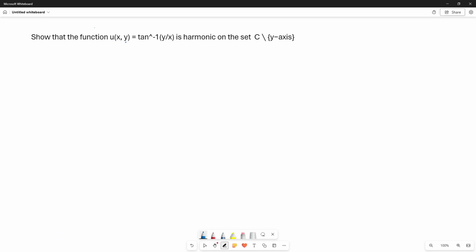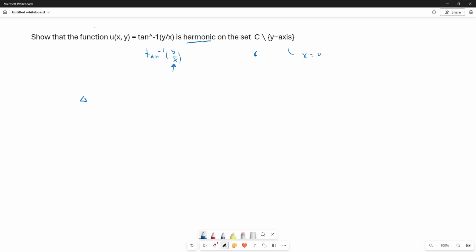We would like to show that the function u of x, y equals the inverse tangent of y over x is harmonic on the complex plane minus the y-axis. On the y-axis, x is equal to 0, and so our function is not defined on the y-axis. But everywhere else that the function is defined, that's the complex plane, take away the y-axis, the function is harmonic,